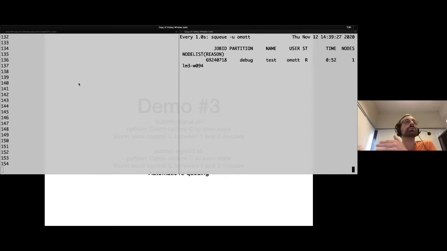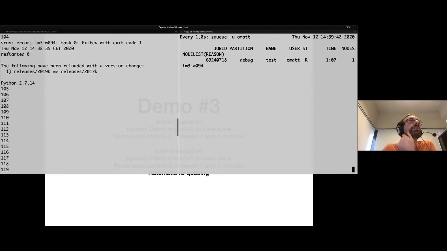So each time a new line is coming into my file, I'm seeing it. So I'm really watching a file here, and here I'm redoing the same functions again and again on this side. So you see here that I've restarted. If I go up, I restarted from 1.05. I was stopping at 1.04, so everything was perfect. Everything is on Slurm now.